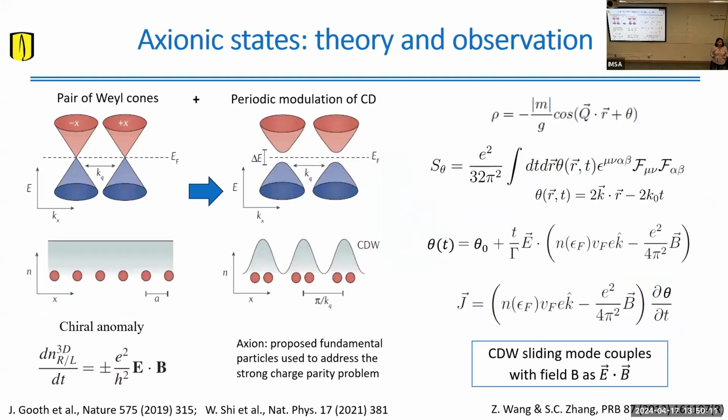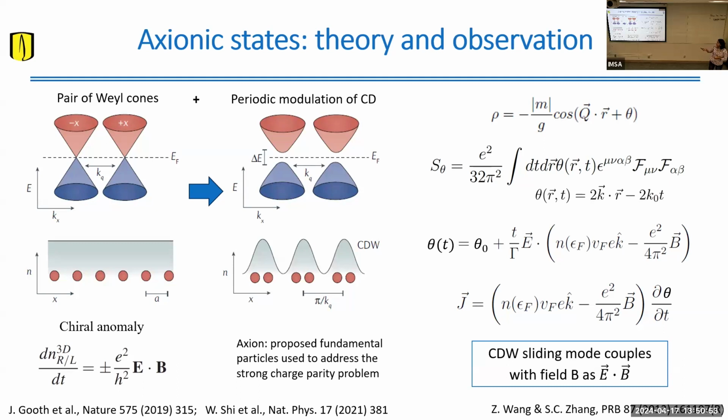All right. Now, what happens if I mix topological states into this? Turns out that some time ago, Xusheng Shang and collaborators worked through this problem and realized that you have a material that has some pair of Weyl cones. And if you create a periodic modulation of charge in this kind of system, you can actually gap the Weyl points. And this gap will create a charge density wave in which the phase of this charge density wave will pick up the topological properties of the original band structure.